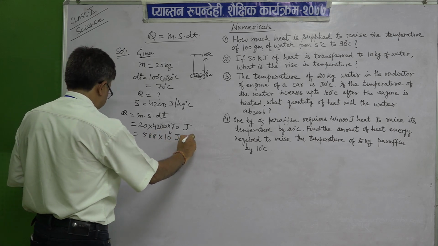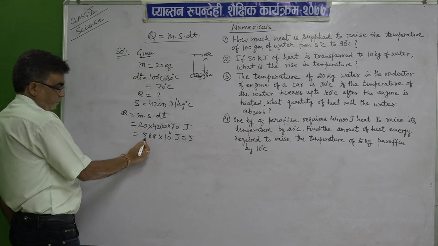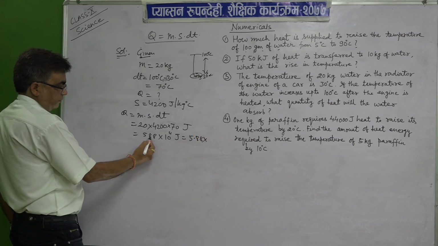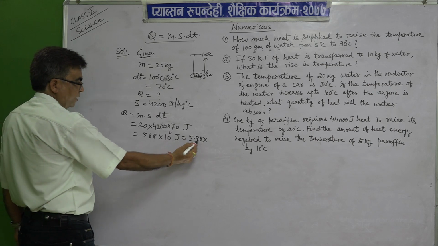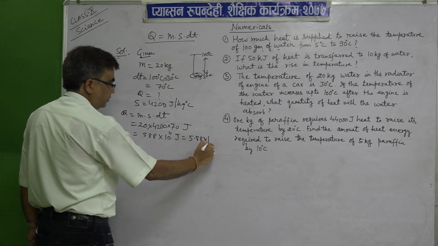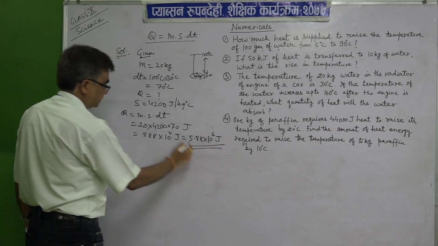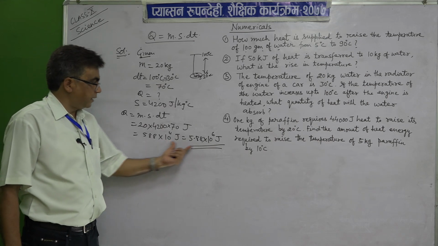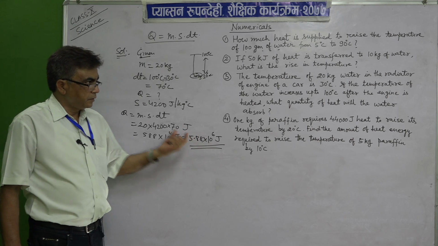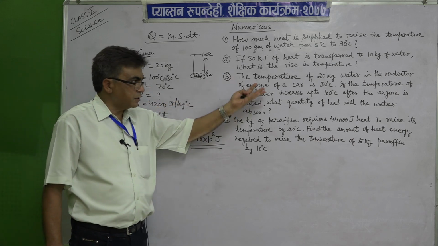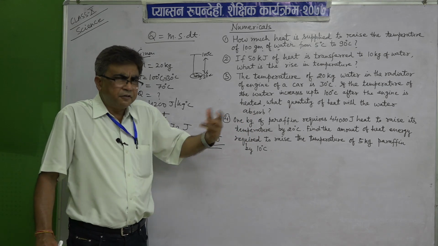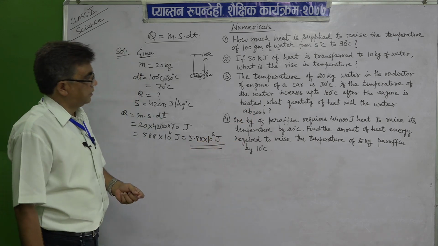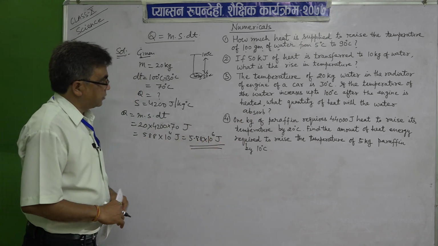This much joules. You can write it as 5.88, so 10 to the power 4 will become now 10 to the power 6 joules. Or simply you can leave here also, no problem, okay? Or you can write in this way also, clear? So, though the question seems to be lengthy, confusing, but nothing is there, it is very simple, clear? Okay. Now, I will go for the next question.